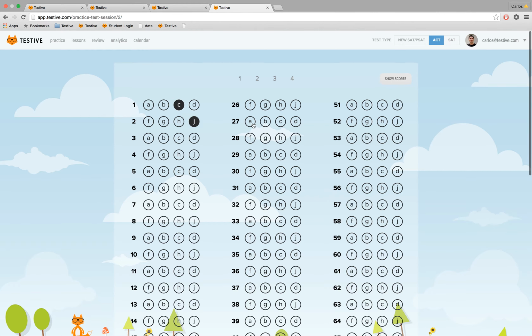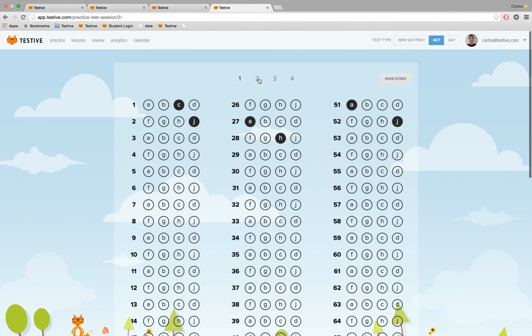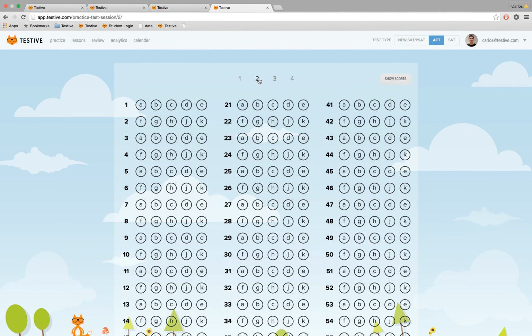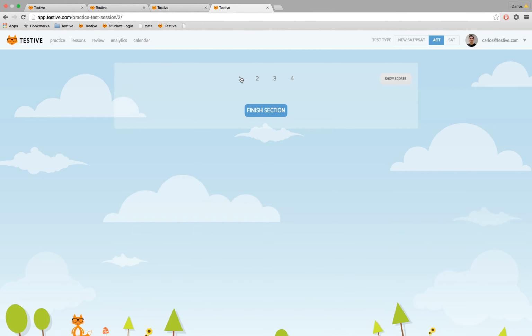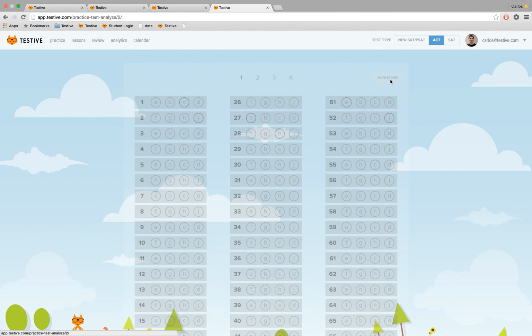So just to prove it to you, I'm going to go ahead and bubble in some answer choices, click Finish Section. Section's now finished. I'll head over to test 2 over here, and those will load, and then head back to test 1, and you won't be able to alter your initial inputs anymore, but the answers that you inputted will be recorded there. Now, if you want to see how you did on a specific section of the test or the entire test, you click Show Scores,